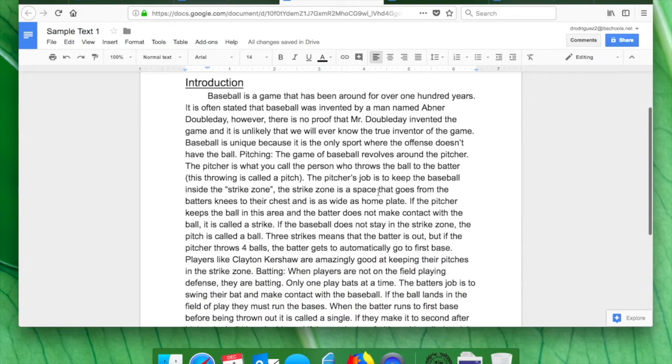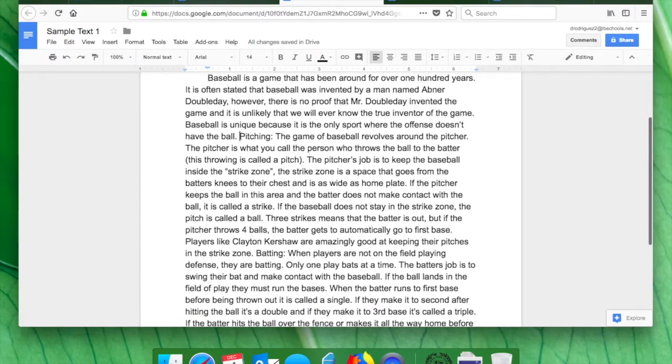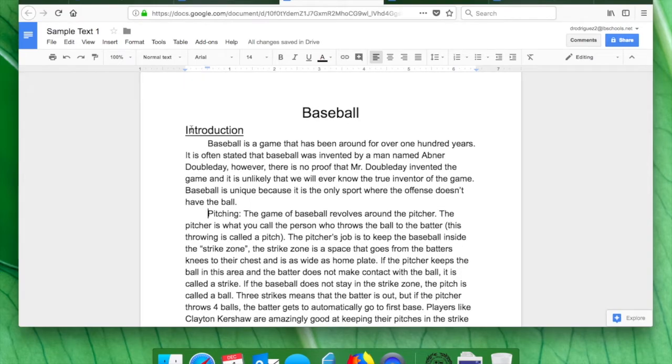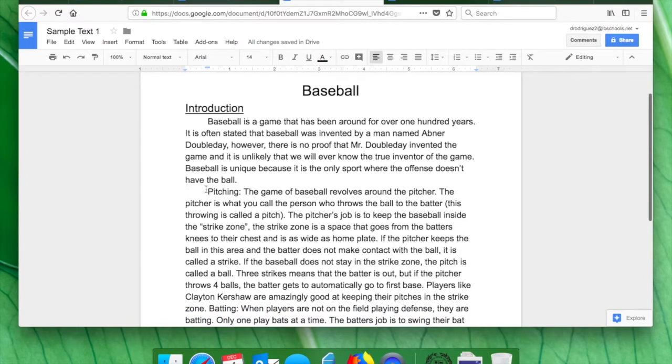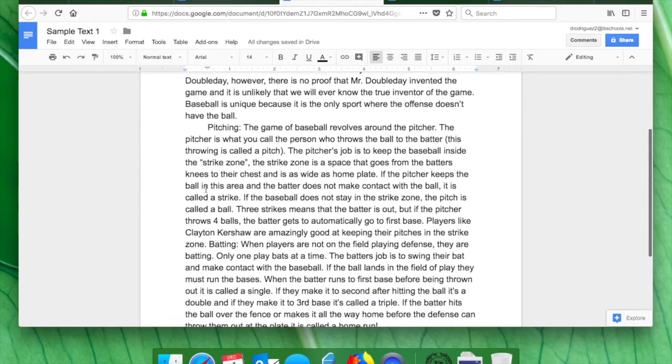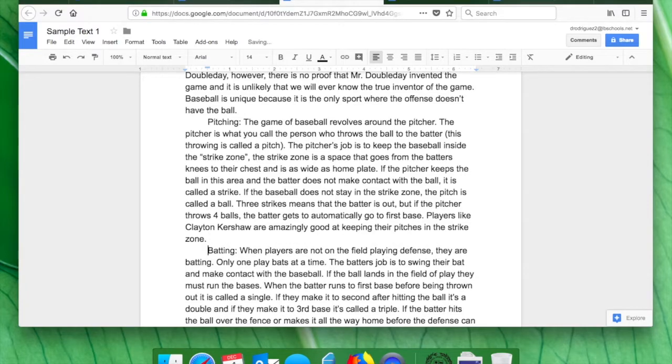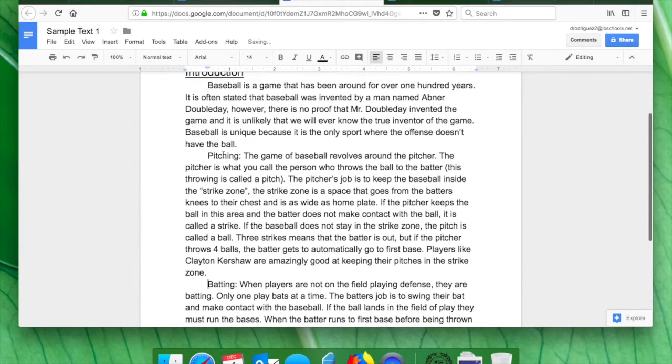All right. And now I'm going to move over to the next section, which is pitching. And I'm going to hit enter. And look, once you hit tab once, it's going to automatically indent all your paragraphs from then on out. Anytime you hit enter, it just did that automatically for me, which is nice. Okay, you'll see it again right here. I'm going to hit enter, and it's going to automatically indent my new paragraph. Okay, which is good, although I want these to be their own